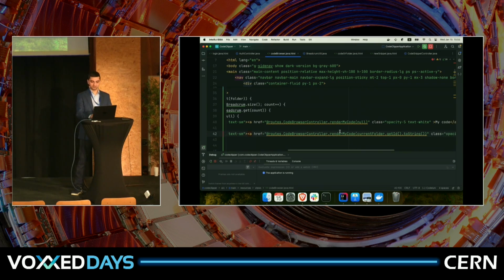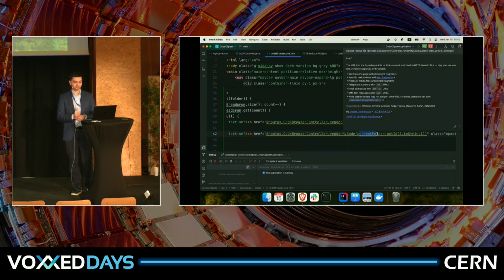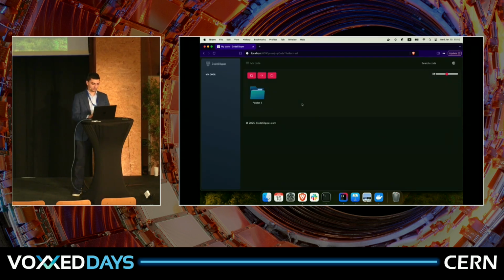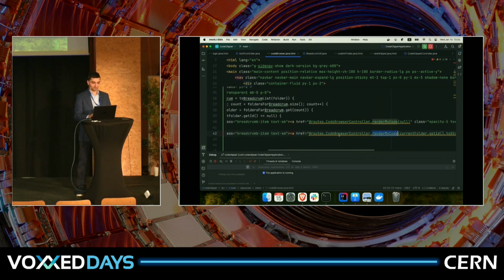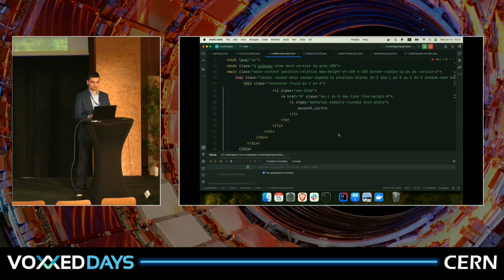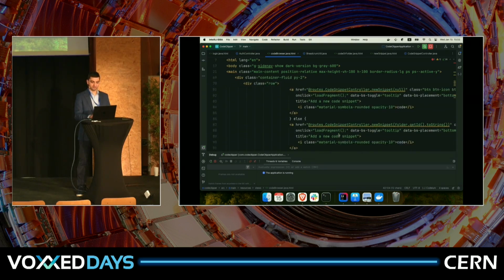And because this endpoint accepts input variables, if we look in the code, you will see that I have a folder with the ID of the folder. It is passed directly as an input to the controller and the render method. This is the actual controller class that renders the page and the actual method that is being called. What else? Moving a bit down here,